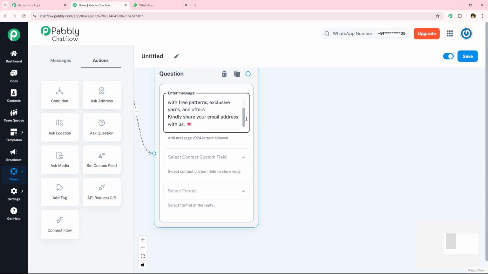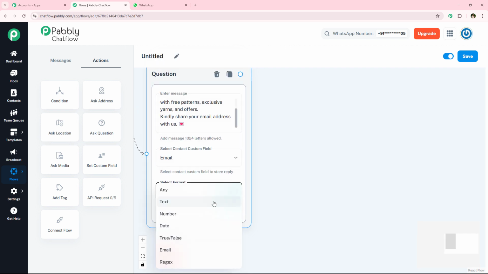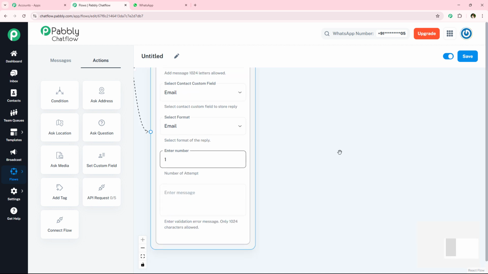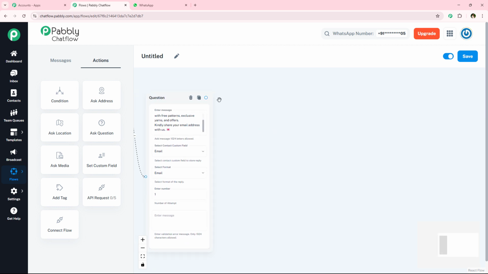I'm just going to select the contact custom field for this question 2, which is email. So I'm just going to look for email and select it, and now for the format also I'm just going to select it as email, and now for the number of attempts I'm just going to keep it as 1 only. And now after asking my user for their full name and the email address, we are going to move